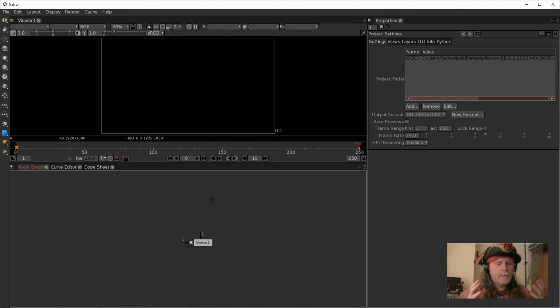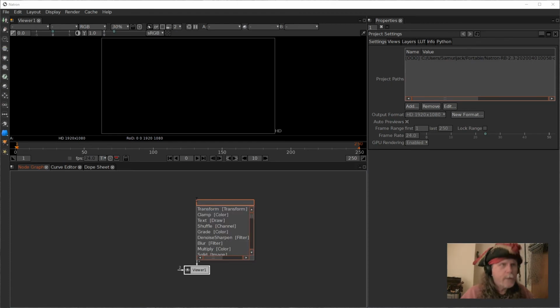All right. So, what we first need to do, because we don't have anything, I want to make a reference for what I want to paint. And obviously, the most obvious thing in Natron that most people are probably going to want to paint is going to be text. So we'll start with a text node,